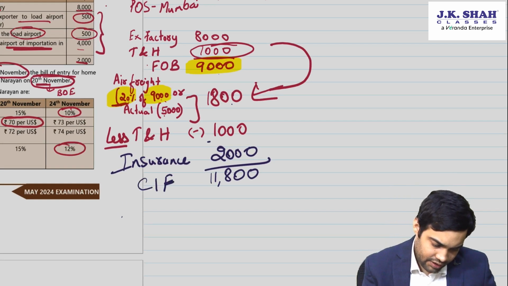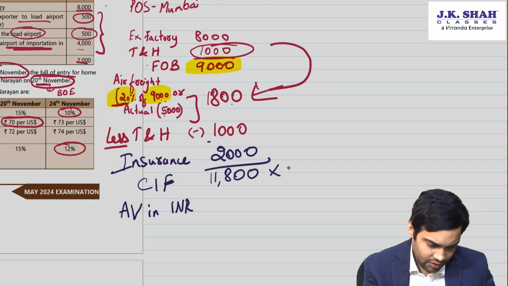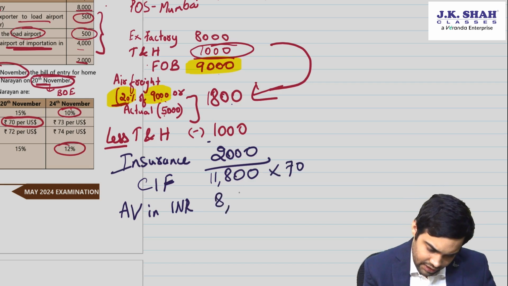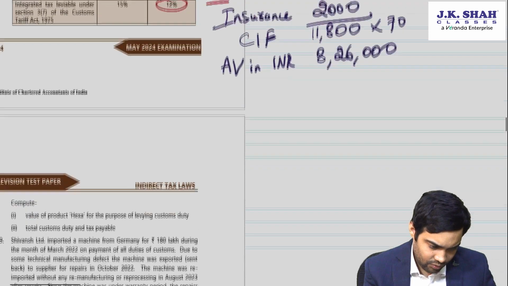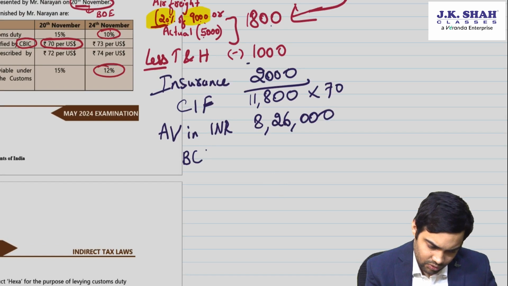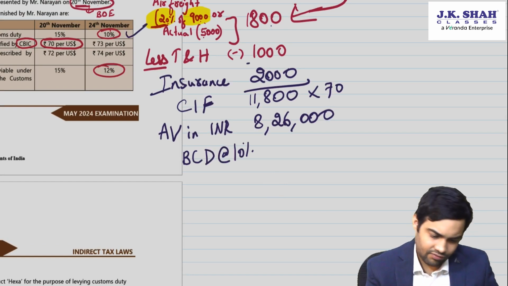Now convert it, assessable value in INR will be into 70. Now multiply this 11,800 into 70, which comes to 8,26,000. Then what do we do, sir? Then you will add basic custom duty at 10%. You will take 10% rate, whichever is later,